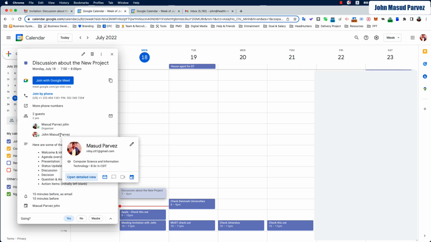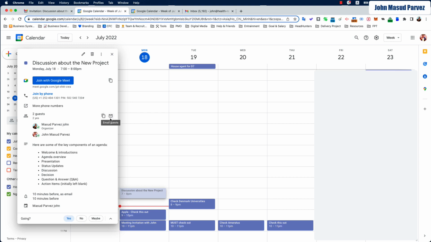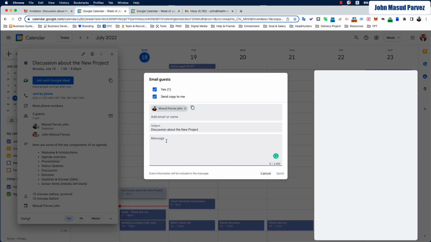And I highly recommend you, every time you receive an invitation, send them yes. But here's the point. You may want to send an email as well, because you have something to speak about. So you can go in the top right corner here, and you can reply from the Google Calendar as well. Hello, dear John, and I would like to